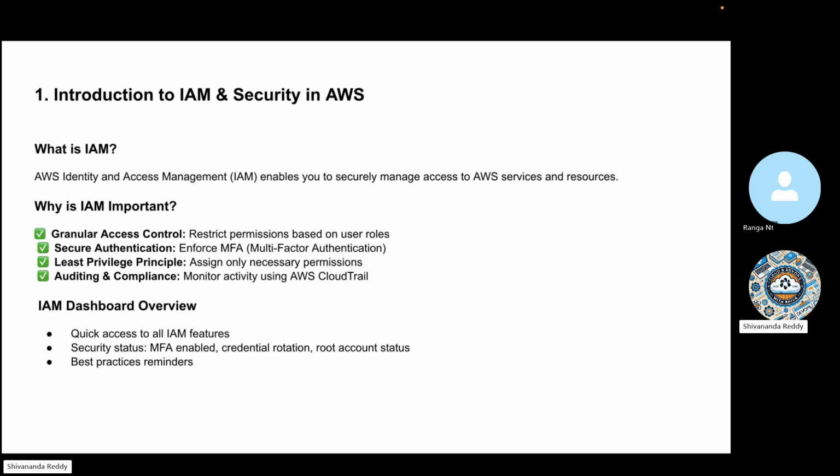But when we enable this MFA, it will ask username, email address, password. After you enter the correct password, it will ask for an OTP. Where do we get this OTP? That's what we are going to set up with MFA. MFA will enable the token, the secret OTP. So every time you will get a number from an app on your mobile, and you need to enter that number to log in. If you enter the wrong OTP, it won't allow you to log in.